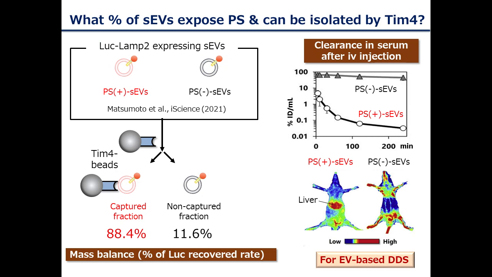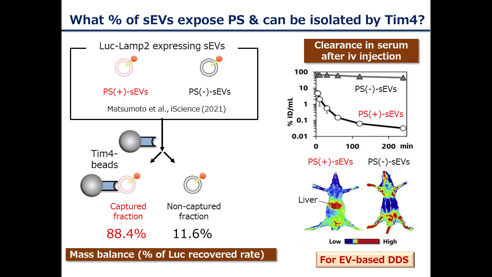Now I hope you understand the advantages of using TIM4. However, I have been often asked the same question. What percentages of SEVs actually expose PS and can be isolated by TIM4? Of course, as is the case with other isolation methods, it is not 100%. To directly address this question,